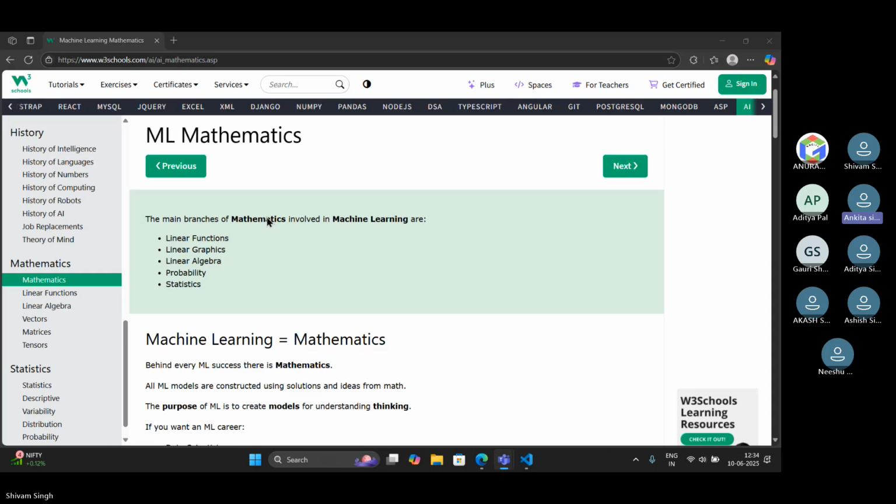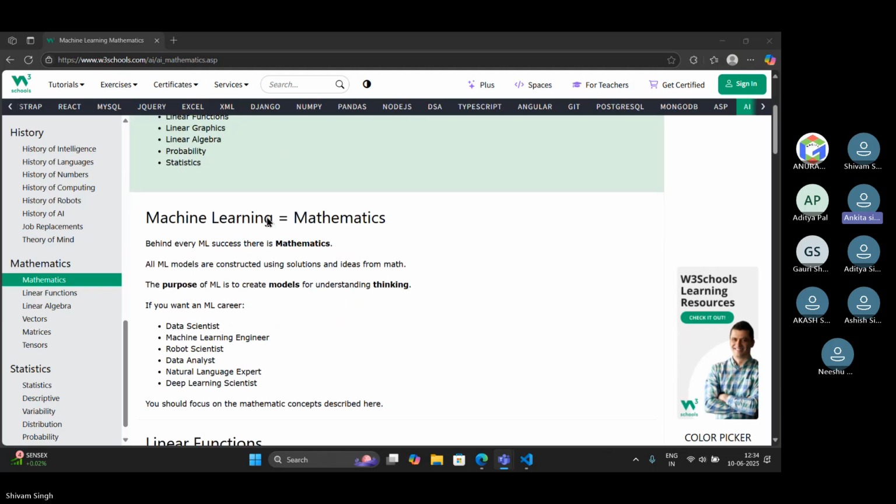ML mathematics. The main branches of mathematics involved in machine learning are linear functions, linear graphs, linear algebra, probability, and statistics. Behind every ML success, there is mathematics. All ML models are constructed using solutions and ideas from math. The purpose of ML is to create models for understanding thinking.